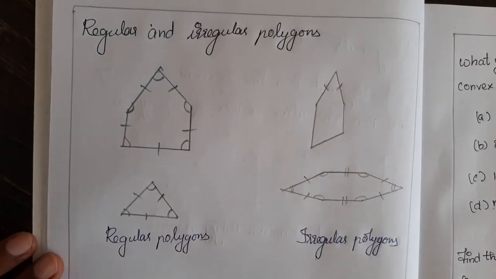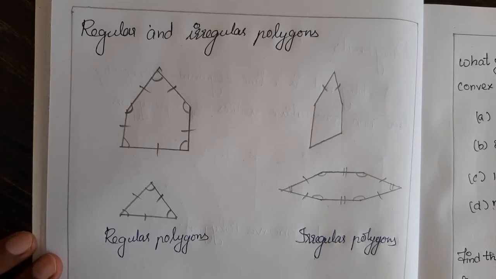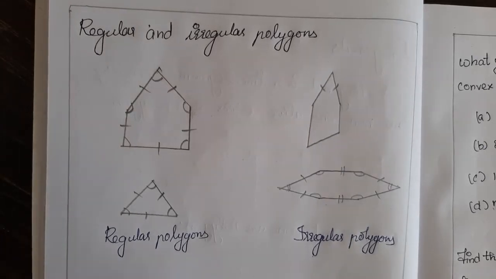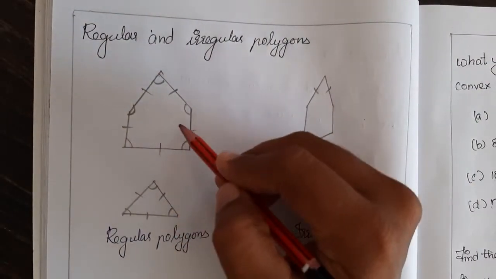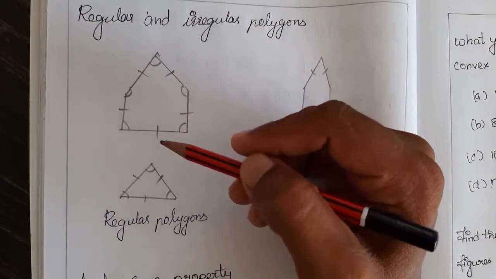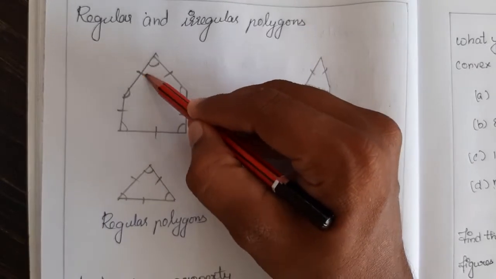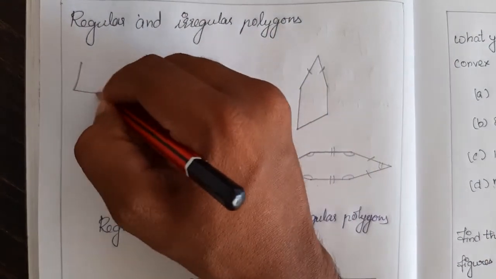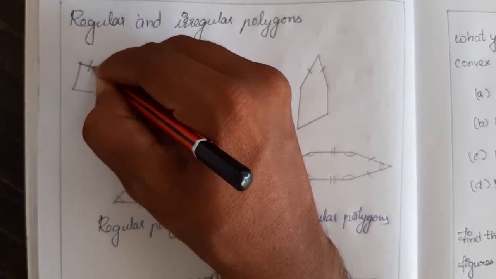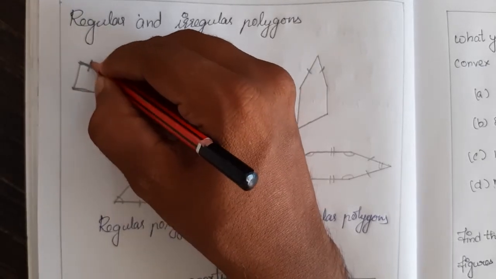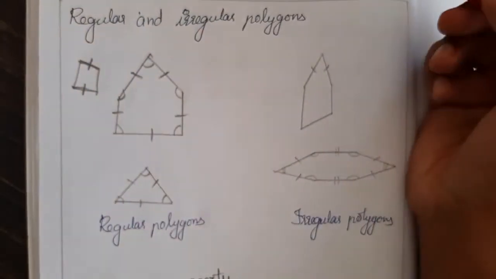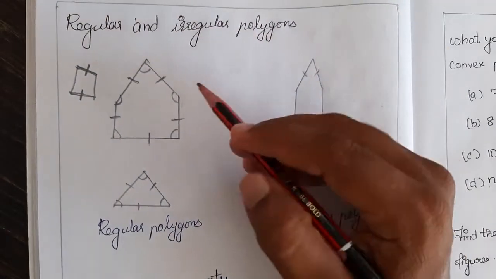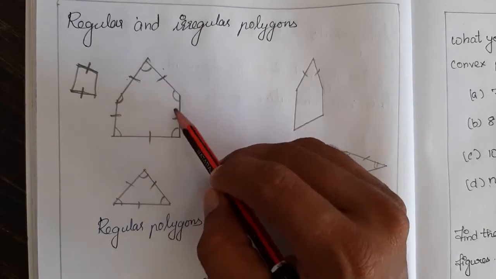So here we go for the next topic, which we know already: regular and irregular polygons. Regular polygons, we know, will be equal. The polygon is about the sides, so the sides will be equal. If the sides are equal, surely the angles will also be equal. These two figures show an example of a regular polygon, and this line shows that the sides are equal. If you draw any figure and these two sides are the same, you can represent both with one cross line, and you can see both are the same in length. It's a regular polygon, so all the sides are the same.